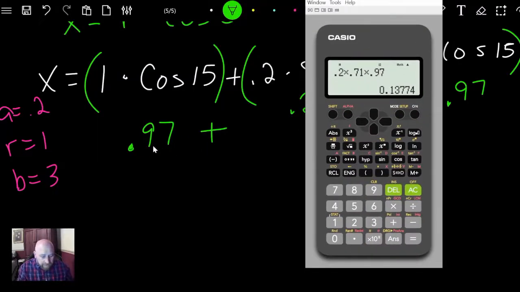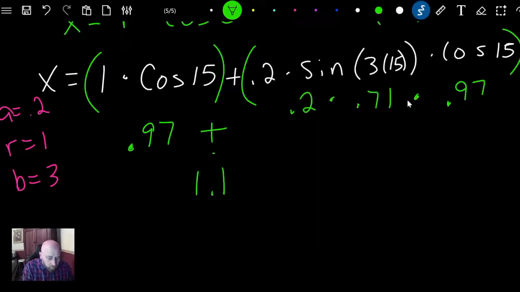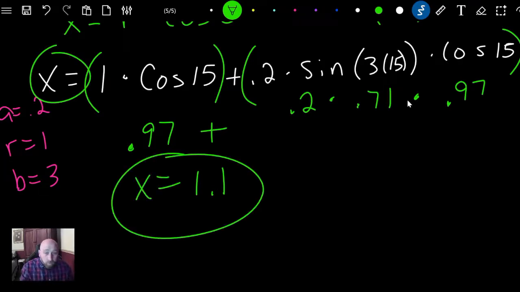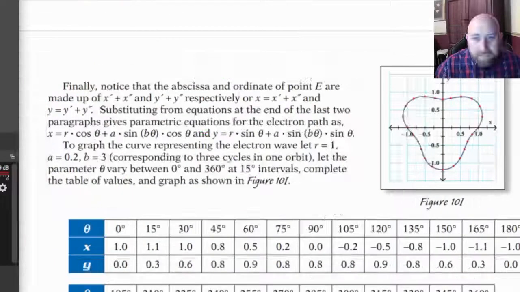And then we're going to add 0.97 to that. So plus 0.97 equals 1.10. So 1.1. And that's x equals, right? So x equals 1.1. Let's go back to the book and let's verify that we indeed did get the correct